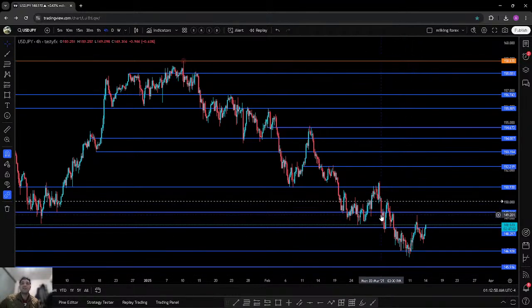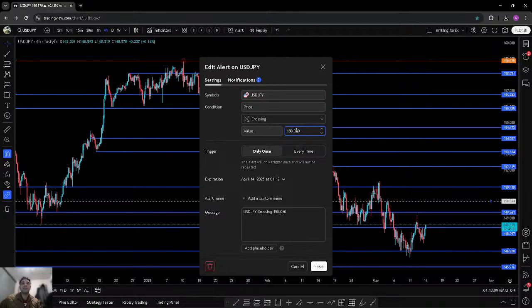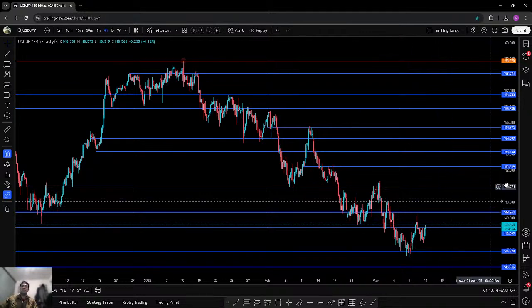So in that case I would be placing my alert around here, at the low of this candle, which is basically an order block, 150.046. It could be a good trigger point if the prices break above this point around here, we might see the continuation of the dollar from that point. Secondly, this is an early move, so there would be many people around the world who might be considering this breakout as a continuation move on the upper side.